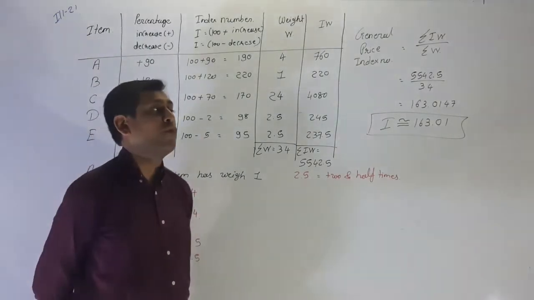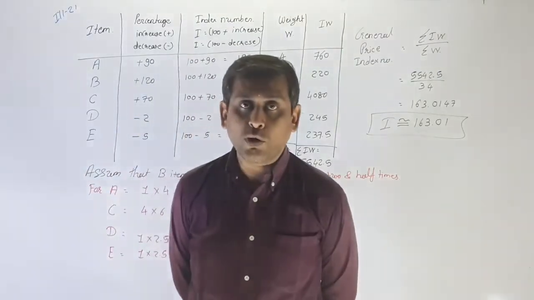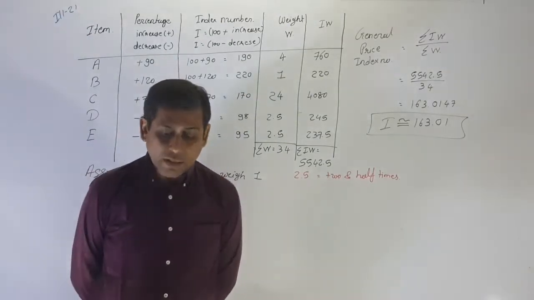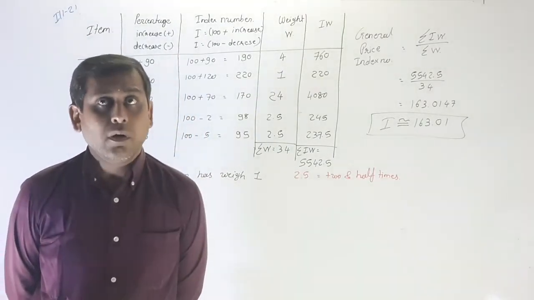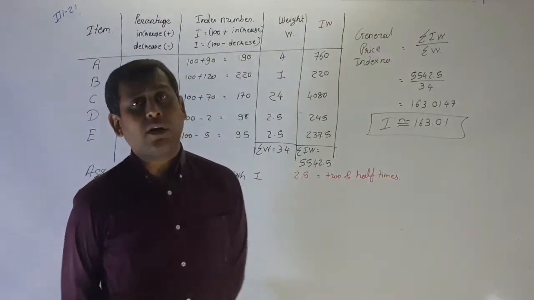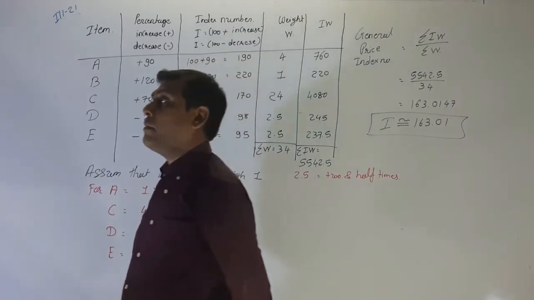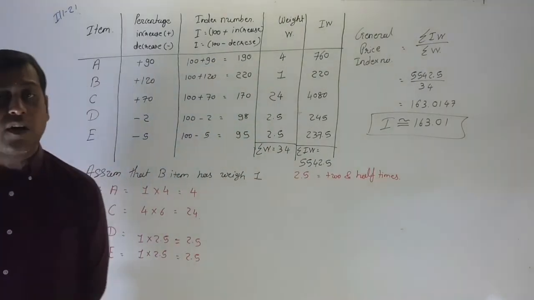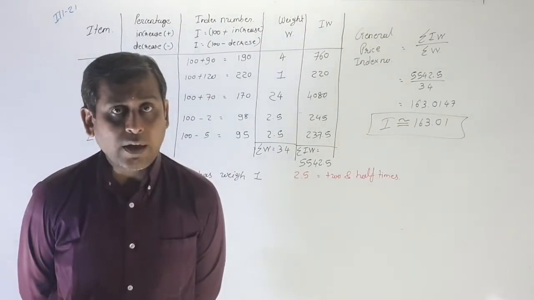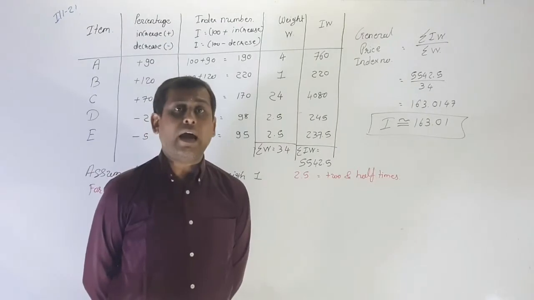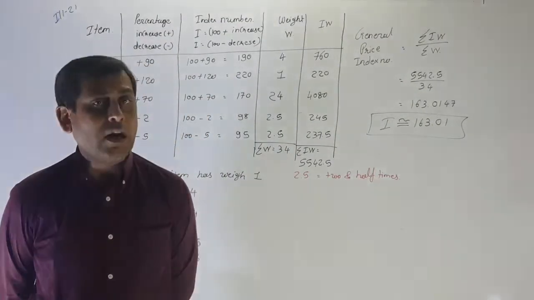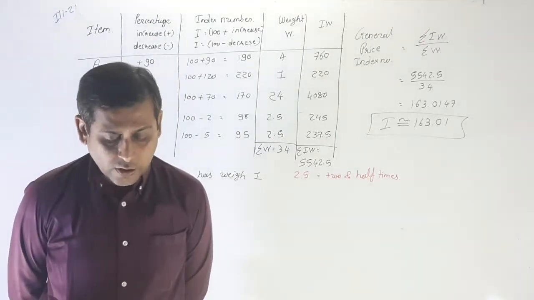First of all, from this data, that is Q0, P0 and P1, we have to find the index number of total expenditure by the total expenditure method. That means here we have to find the IL, because P0 and P1 are given, and Q0, the quantity of the base year, is also given. That's why we can find the index number by the IL method only, nothing else. So first we have to find the fuel index number for the given data.